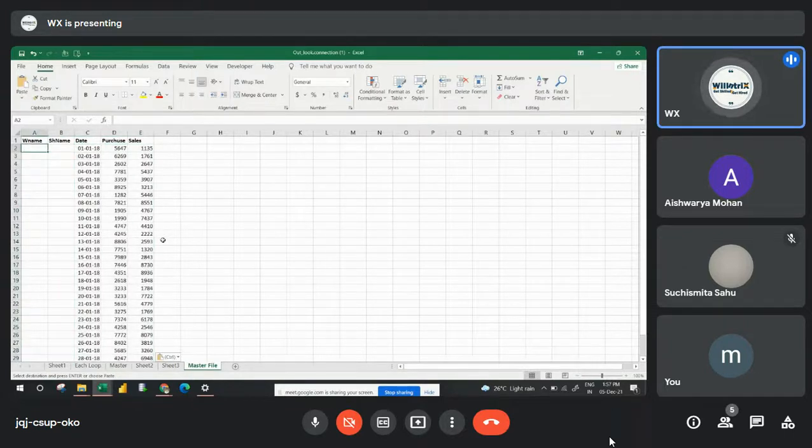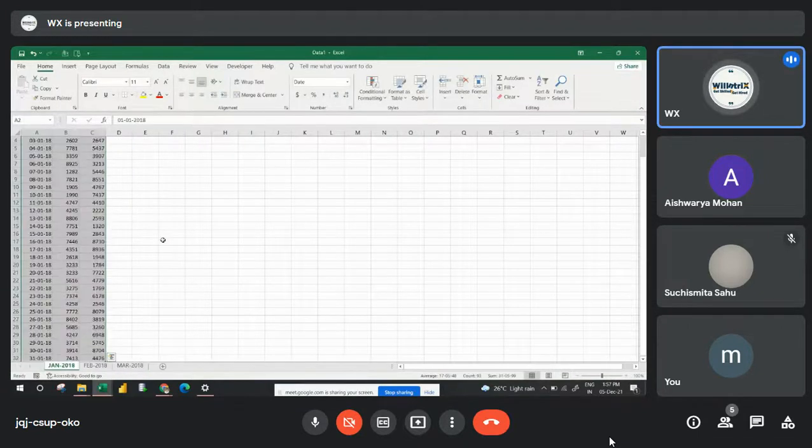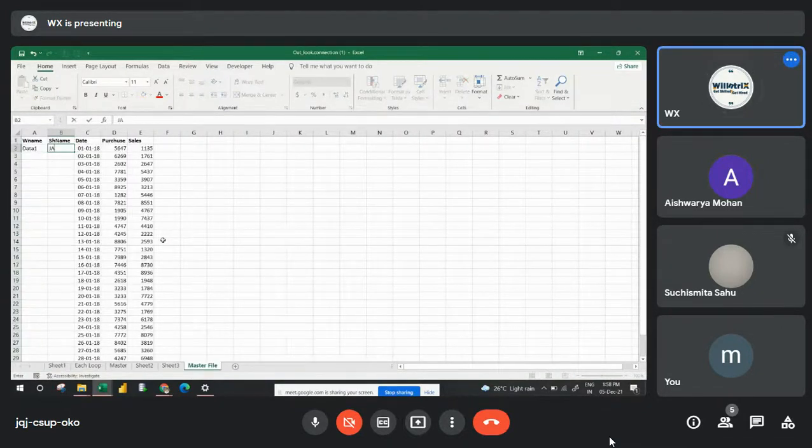Before this, you have to print the workbook name, Data 1, and the sheet, Jan 2018.